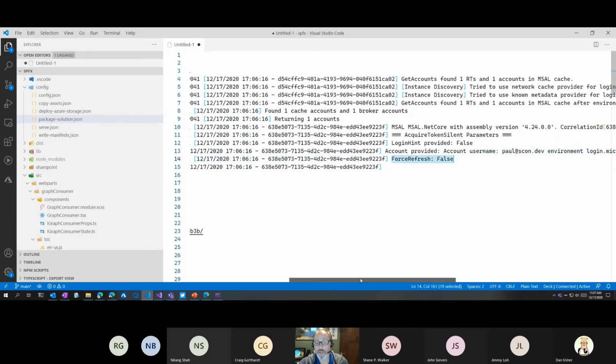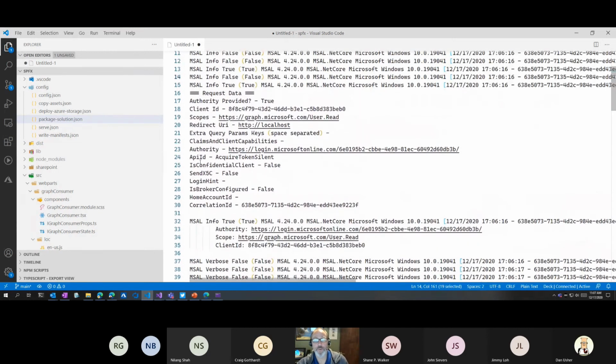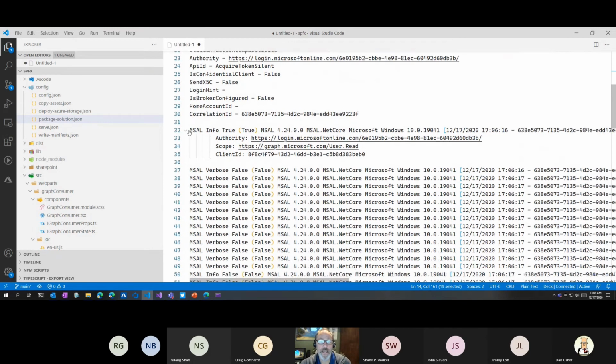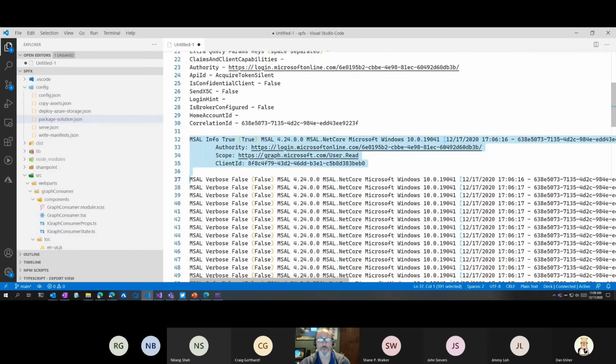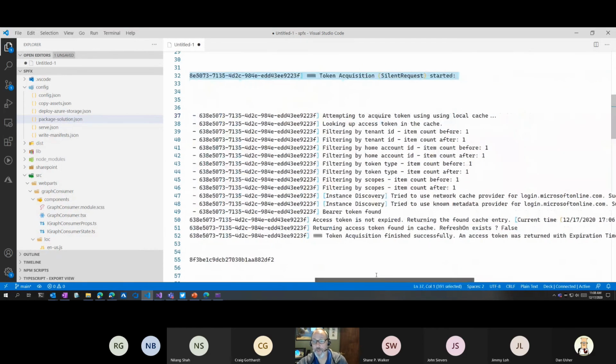There's nothing else that needs to happen here. And then further down, you can see the actual request was made to the Microsoft endpoint for me automatically. It came through. This is the information that it sent. It's trying to read the current user, which needs user.read permissions. And then there's a whole bunch more logging that happens here. But of course, the idea is that it just worked.